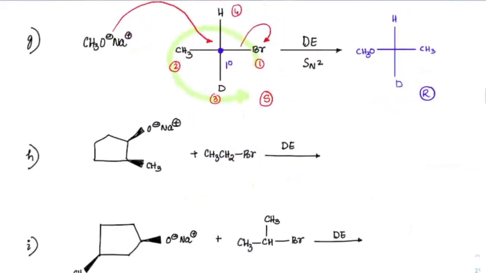See the next one. Okay, these are the last two questions. We'll finish and we'll take a break. So you can see, is it SN2 ready? Yes, it is SN2 ready because it is at the primary position. So this O minus will attack here, removing this Br minus. Typically we would have this, and the configuration of this nucleophile doesn't change. So it will only be OEt, and this methyl will be the same. So that will be the product.